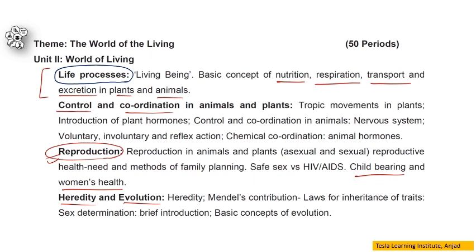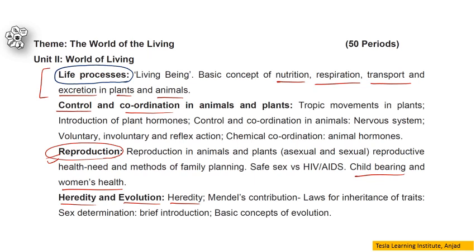We're going to talk about heredity, how you look more similar to your parents, why is it so, and how your whole body knows how to make your look, the tone of your skin, everything is decided by the genetics that we're going to discuss